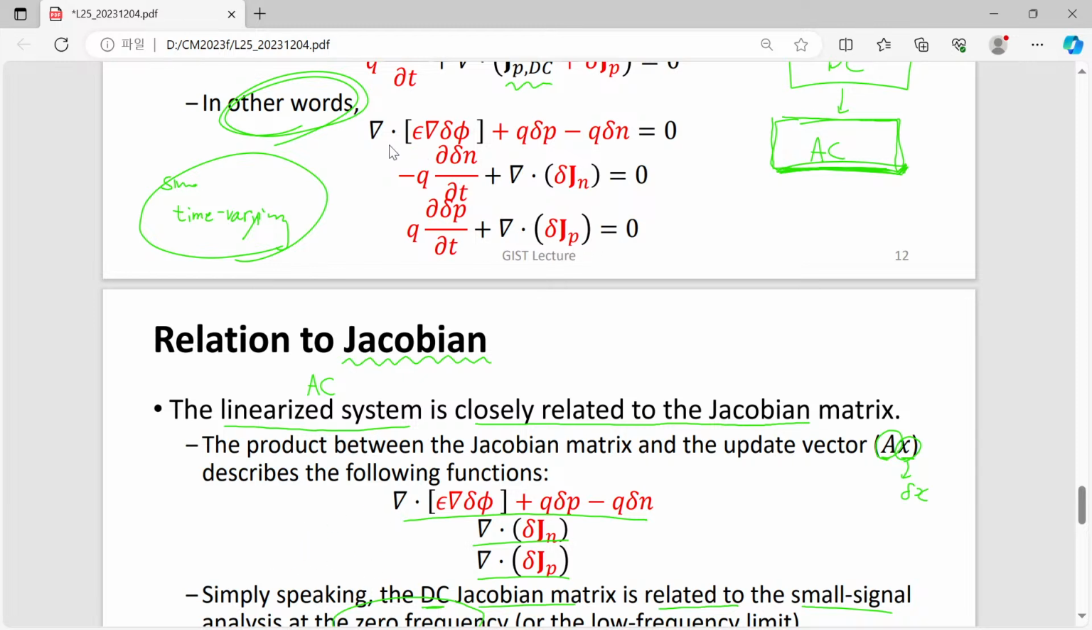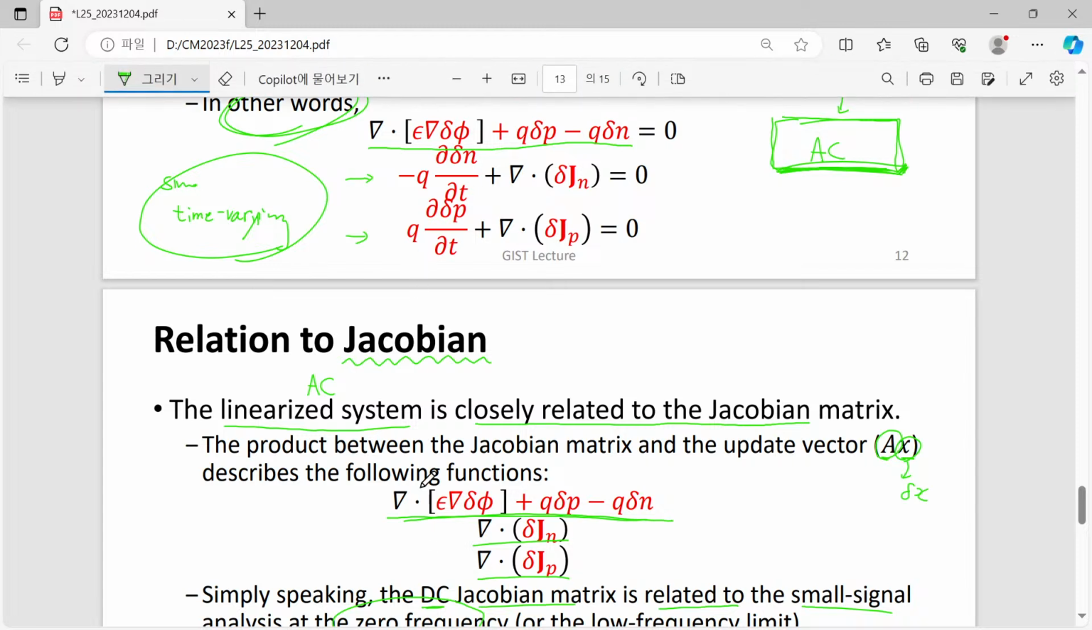Actually, when you compare the Poisson equation, there is no difference between them. The AC Poisson equation can be perfectly described by our DC Jacobian matrix. However, in the case of electron continuity and hole continuity, we have a time-dependent term, and that is not covered